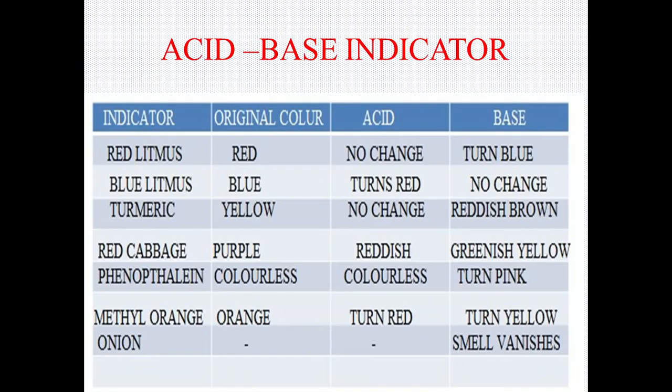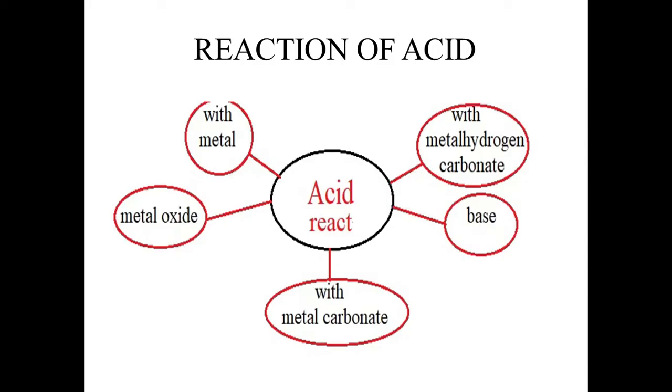So this acid-base indicator table indicates whether the given compound is an acid or a base by color changes. Next, reactions of acids and bases. This tutorial represents the various kinds of reactions with various compounds. For example, an acid may react with a metal, and whenever a metal reacts with an acid or base, a gas is evolved. A colorless, odorless gas evolves, that is hydrogen, which burns with a pop sound.